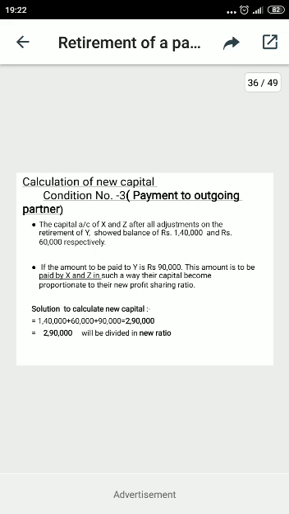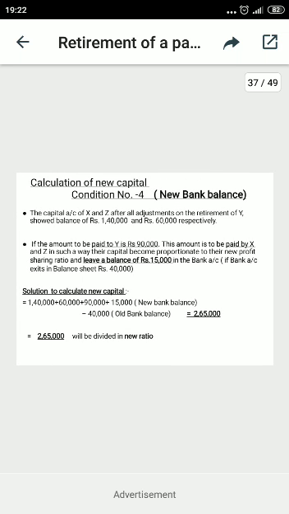Then compare the rest step. I am telling only how to derive the new capital. When it is derived, it will be compared with the old capitals, and then the adjustment entry will be passed. Then condition number 4 refers to the same example: